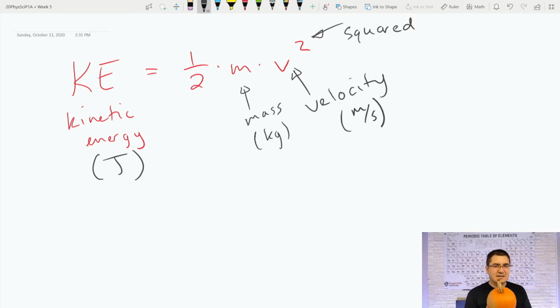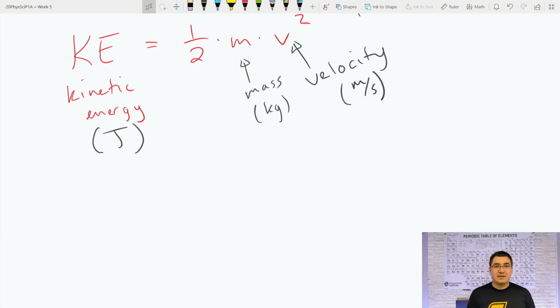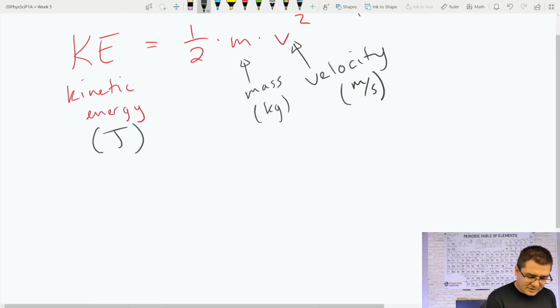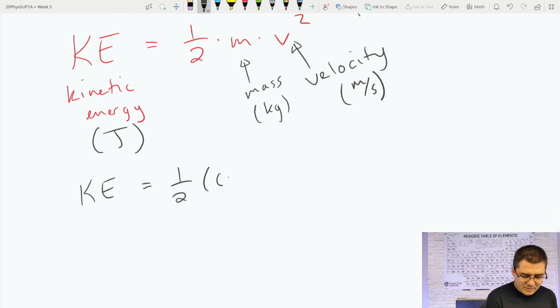Let's say I take the small pumpkin, 1 kilogram, and I can throw this one, let's say, 5 meters per second. So that would be, I don't know, about 15 to 20 feet per second. And I can't really let go of this because I don't want to hurt my house, right? If you guys want to see an exploding pumpkin, you can go back to that video where Mr. England and I were throwing it off the roof. But let's do this. The kinetic energy of the small pumpkin,